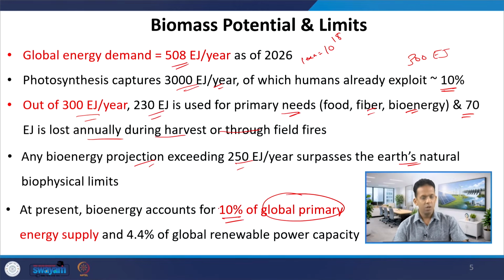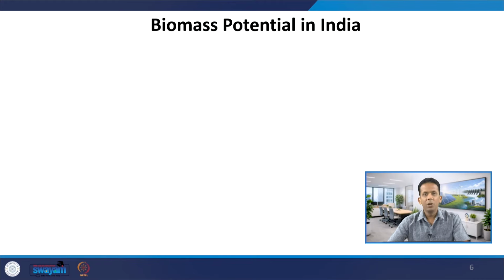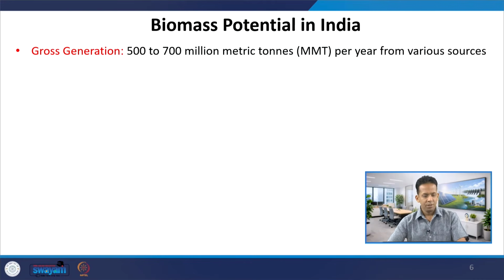it is around 10% of global primary energy supply, but most of it is in the form of heat. And out of the global renewable power capacity, only 4.4% is coming from bioenergy. So far as power generation is concerned, the contribution of biomass or bioenergy is much lower compared to solar and wind and hydro. If you look at the biomass potential in India, we have huge amount of crop residues and